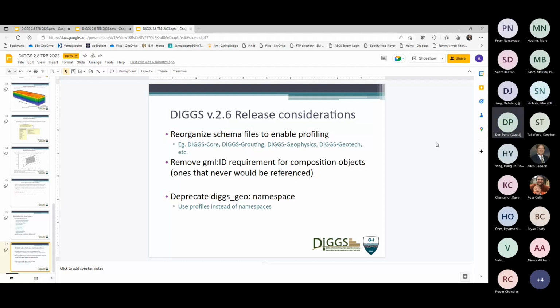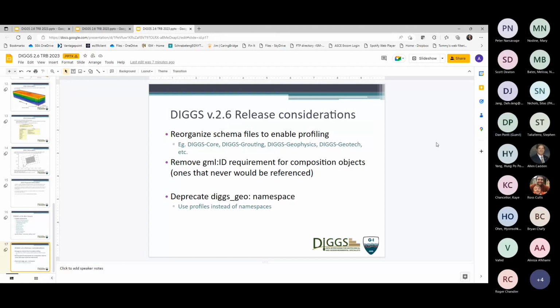Yeah. So that's a subcommittee project to get those ideas, and we can implement that as part of it. The other one that I just wanted to get some feedback on is I have a stub object in 2.6 there that will allow us to write out component objects. These are composition objects, ones that are never going to be referenced